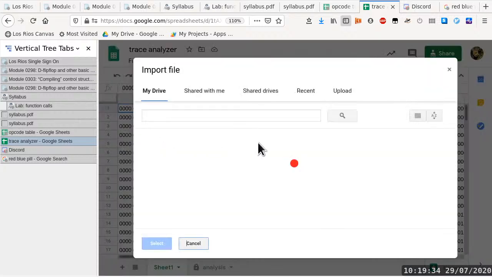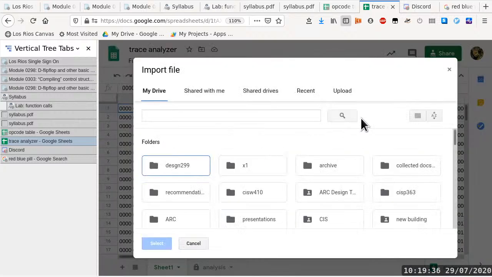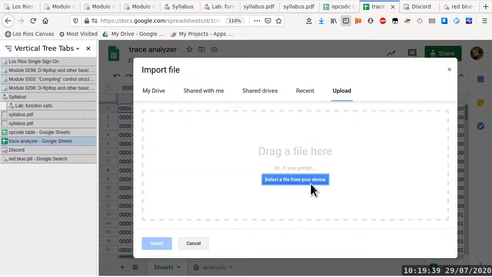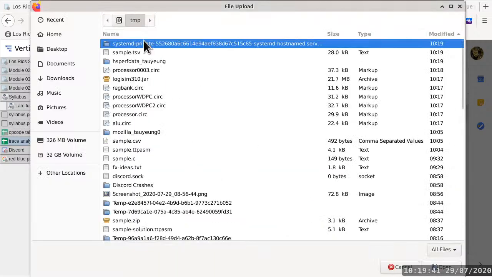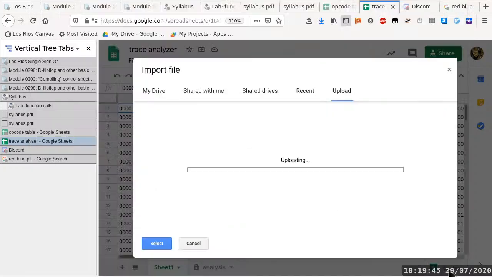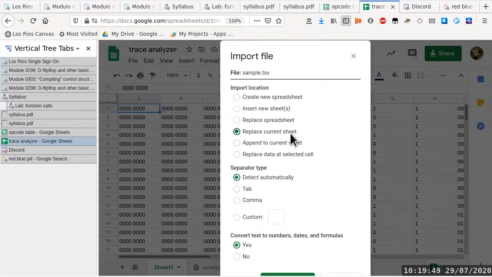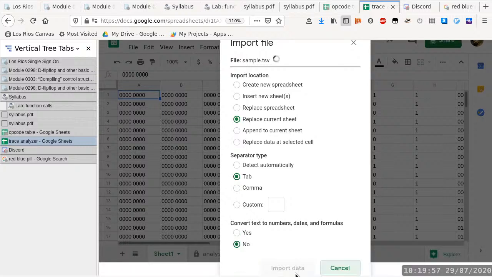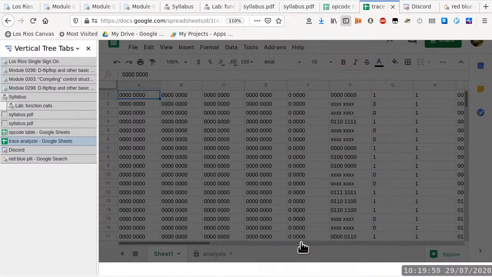And then we do the import, upload, and sample.tsv is the trace file. And then we specify replace current sheet, use the tab as a separator, convert, note do not convert, okay, specify no for the automatic conversion, import data,